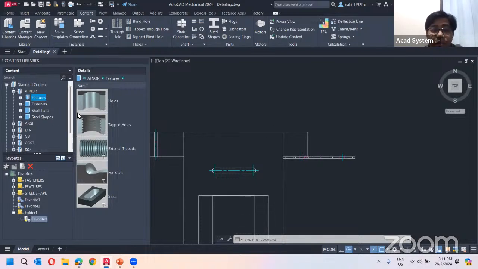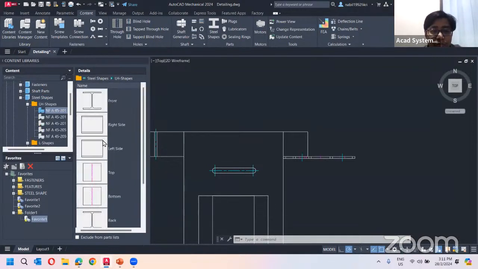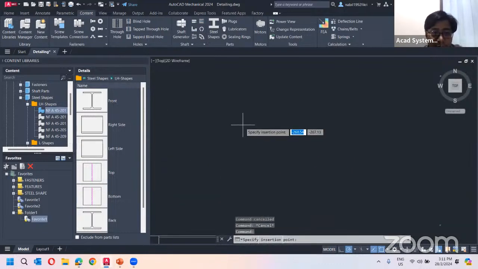So we have several other things, maybe steel plate, steel shape, right? So maybe I need to put a circular hollow or maybe I shape. So you can just pick from here. So for the steel shape, it's a little bit different. When I put the steel shape from here,